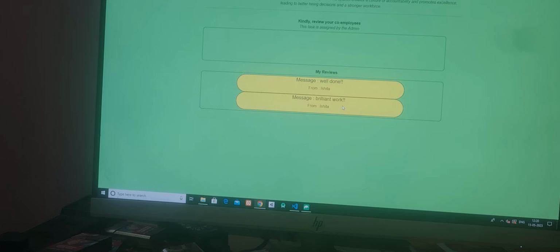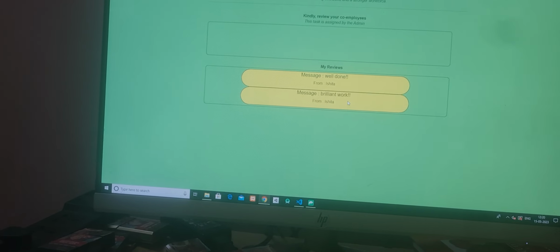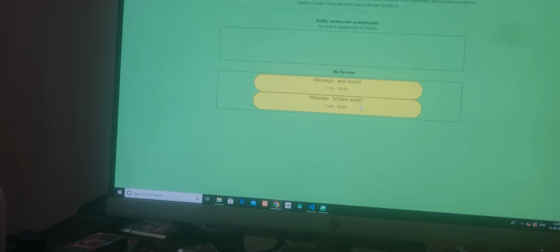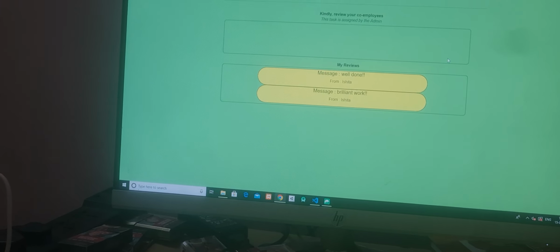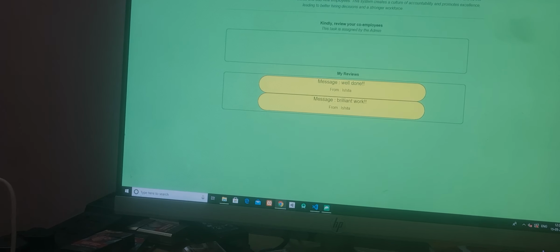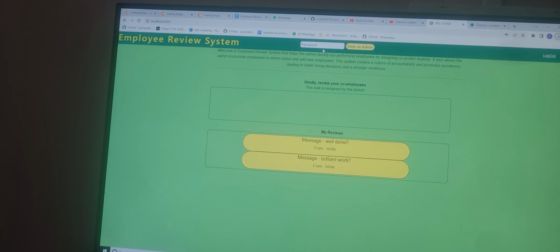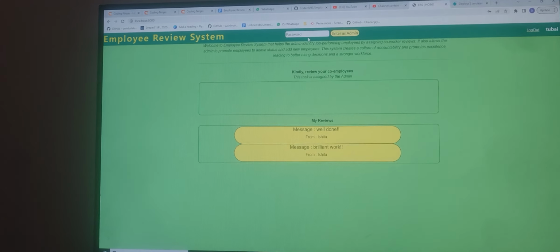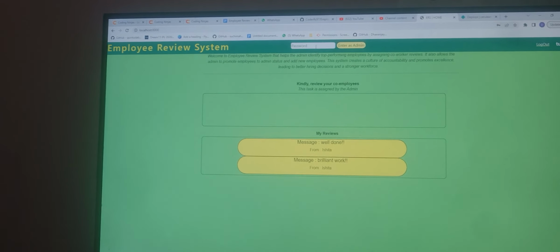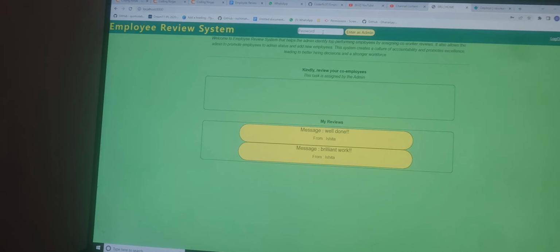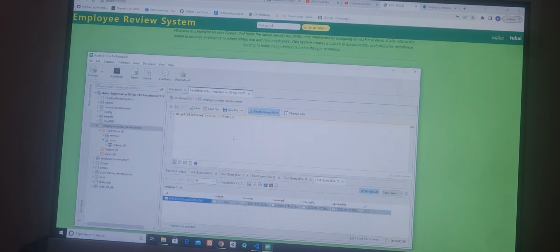If any employee reviews you, then the review will be added in the my review section. And here we can add as admin. The password for the add as admin is admin. So let me look into the